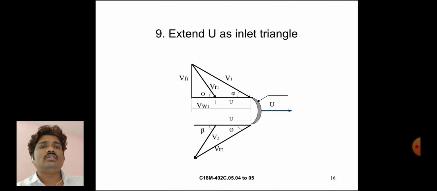In this figure, V1 is the steam inlet velocity. VR1 is the steam inlet relative velocity. VF1 is the steam inlet flow velocity. VW1 is the steam inlet whirl velocity. U is the blade velocity. Alpha and beta are angles. V2 is the steam outlet velocity. VR2 is the steam